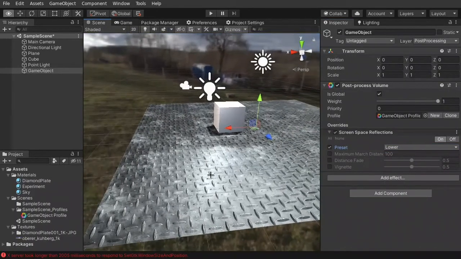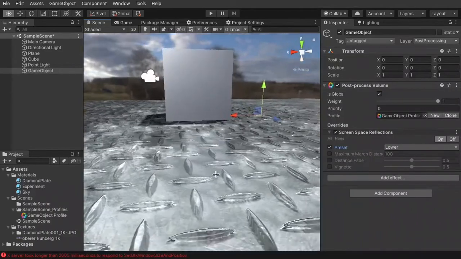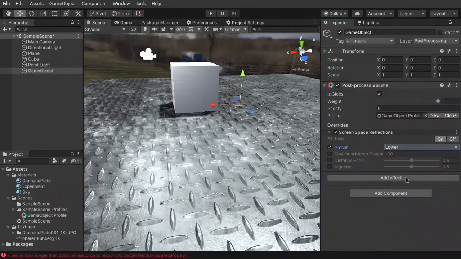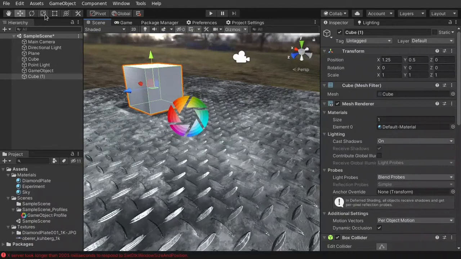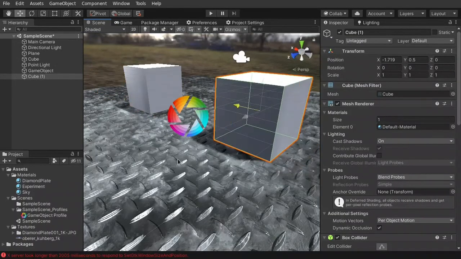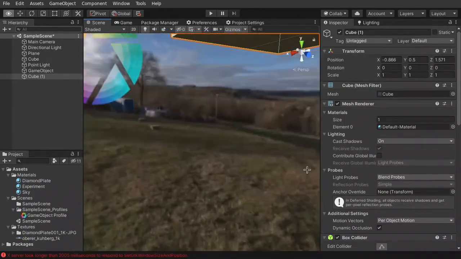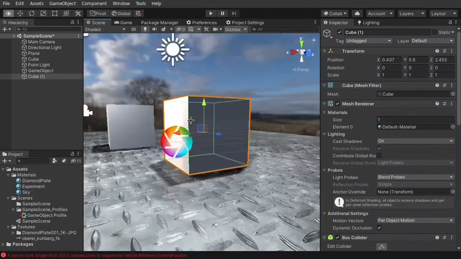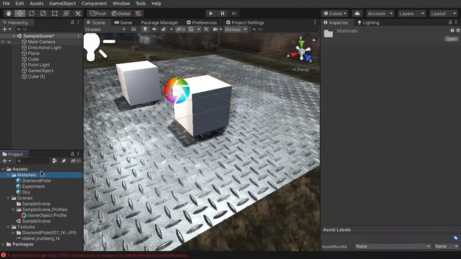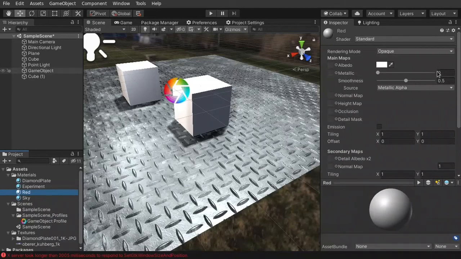Oh yes, it's the game view. Let's look in the scene view, and right now you can't see much. Actually let's try medium. Yeah, you will be able to see more if we add another of this cube. Let's put it here. Now let's give it a color. Let's create a material. Let's call it red, and we just set the color to red. That's it. Then we apply it to this,